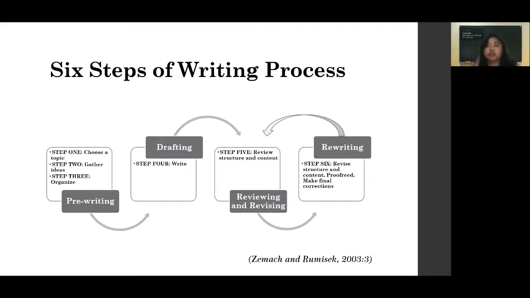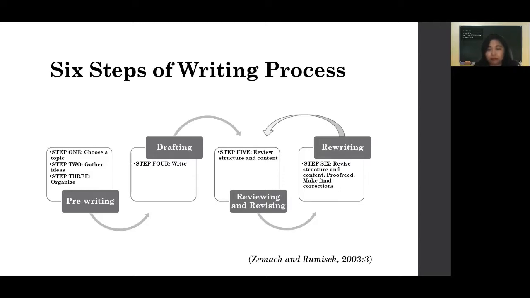After you underline, cross out, and circle the mistakes in step 5, rewrite it in a good version, a better version than the previous draft. Revise the structure and the content. Maybe you have some grammar errors or spelling mistypes from before; correct and revise them.